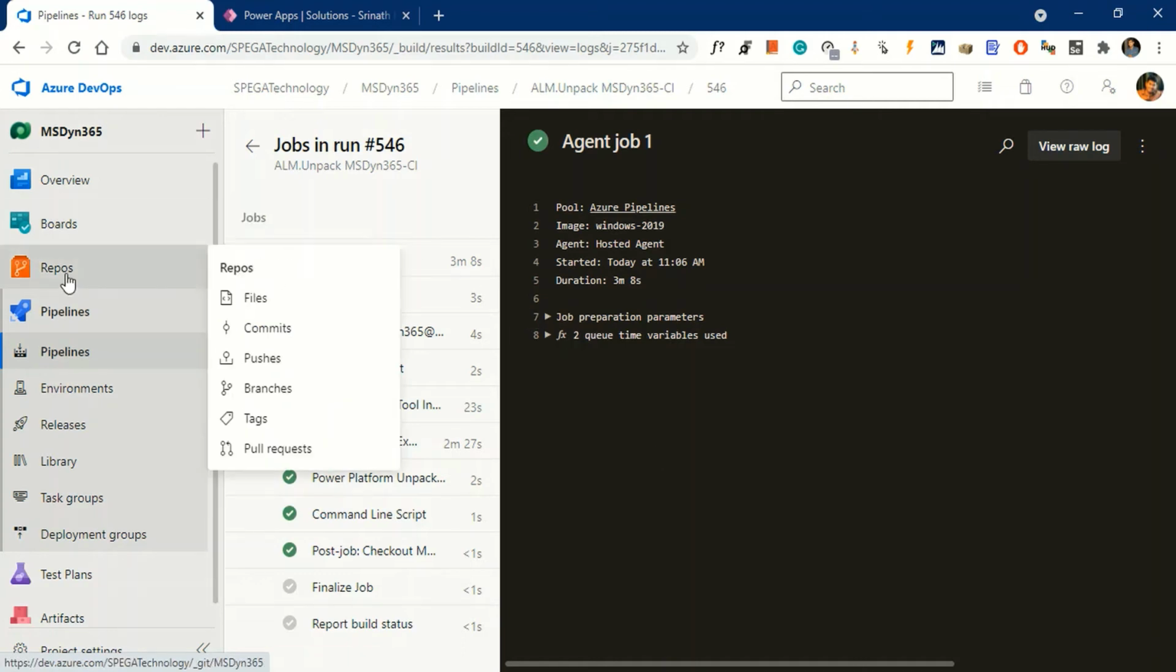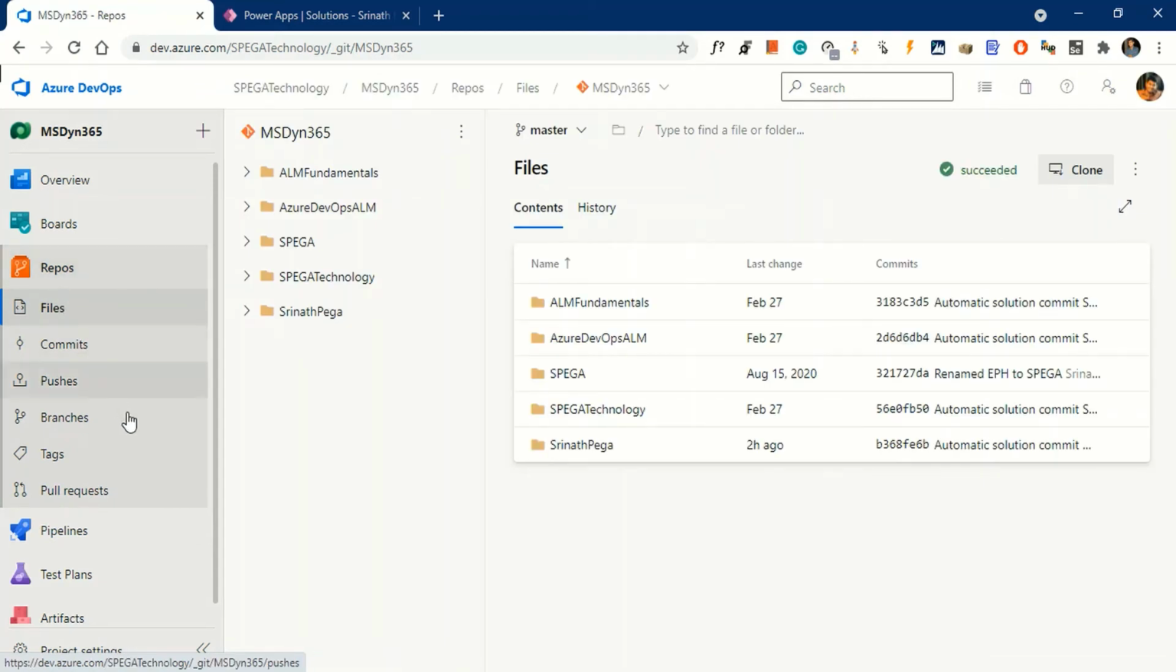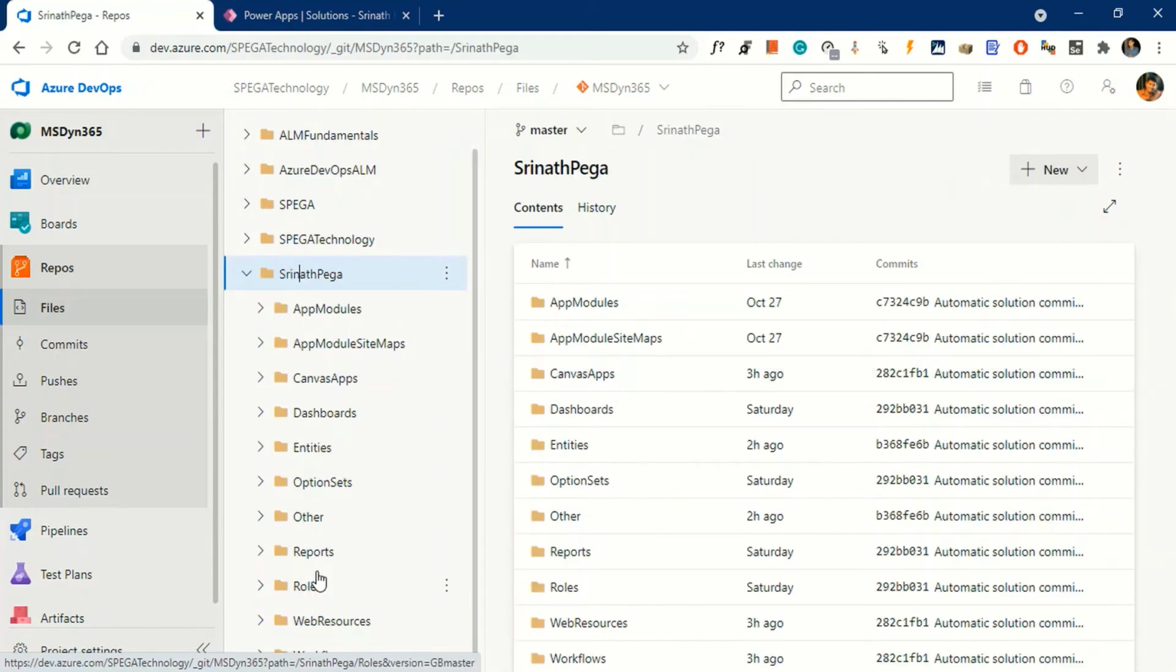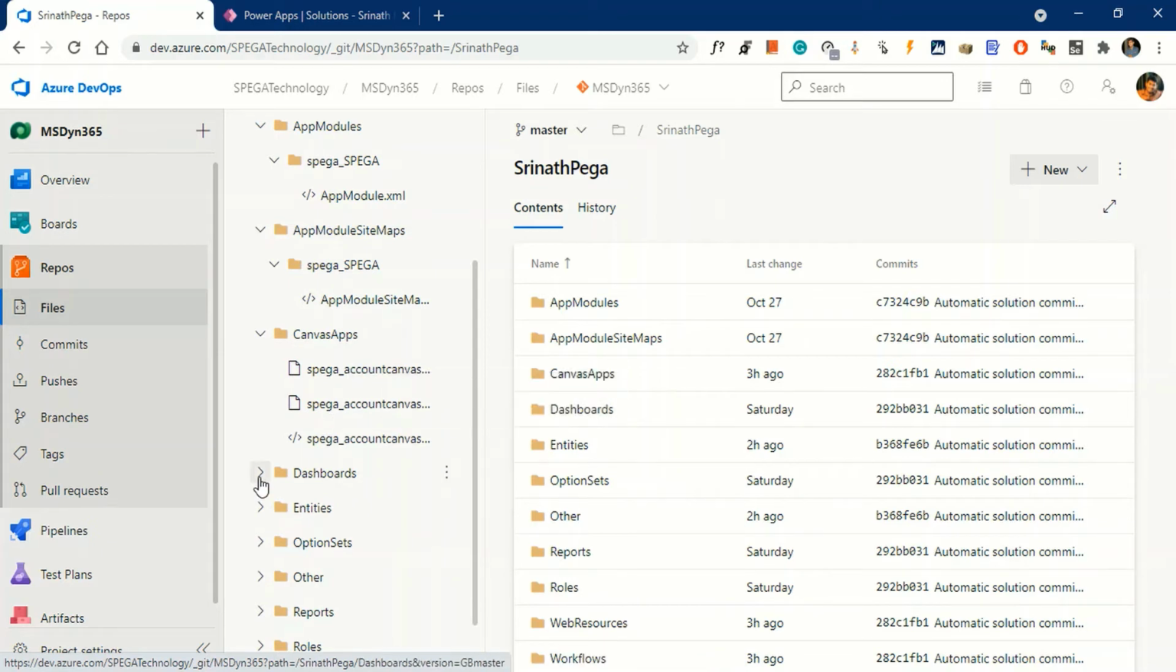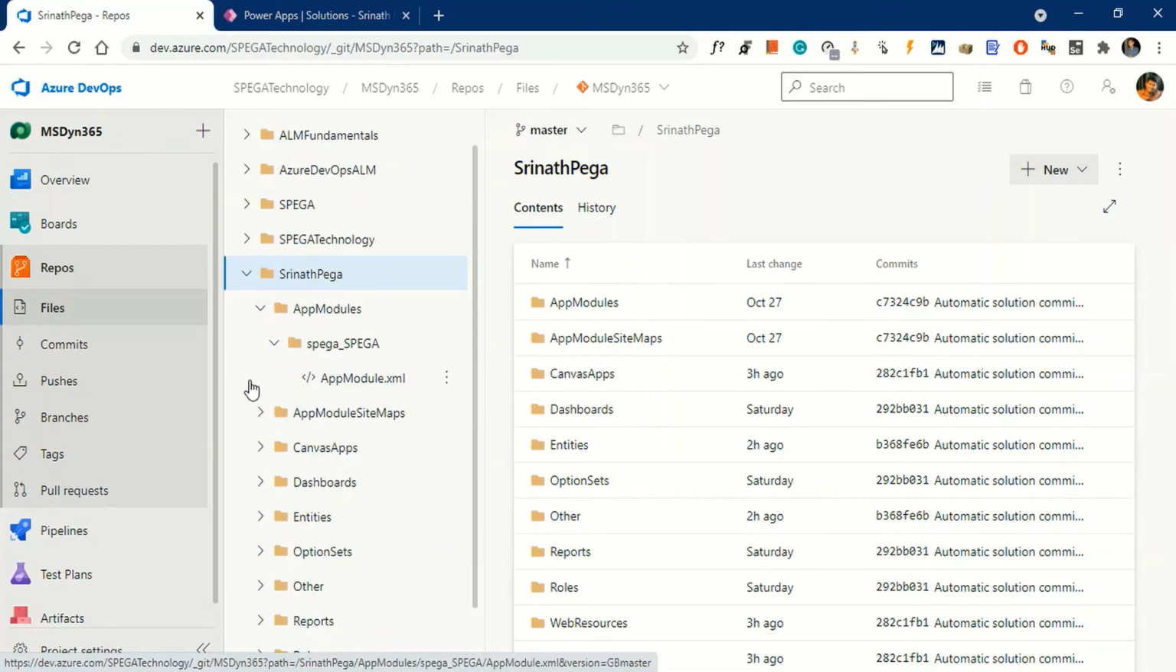Click on Repos. So here we can see that the folder got created with the solution name. Let's expand that. So these are the components which we have in the solution. App module has model driven app and sitemaps, canvas which has canvas app, dashboards, app modules. It holds the model driven app. In my solution only one model driven app is there, so it created one folder, and sitemap for this,